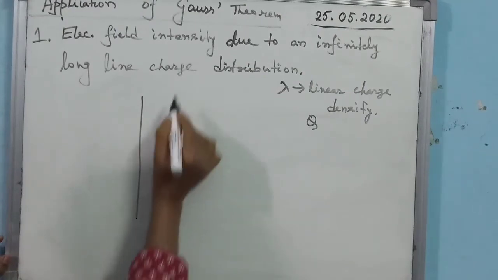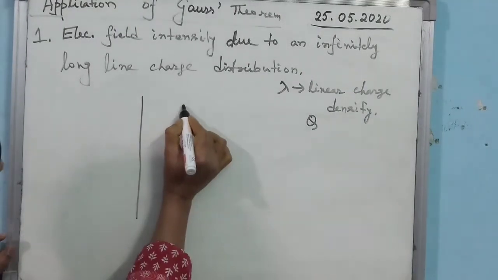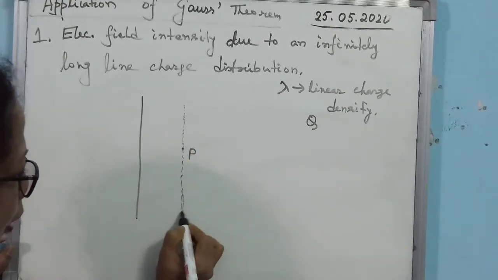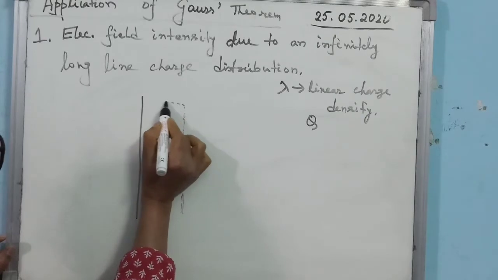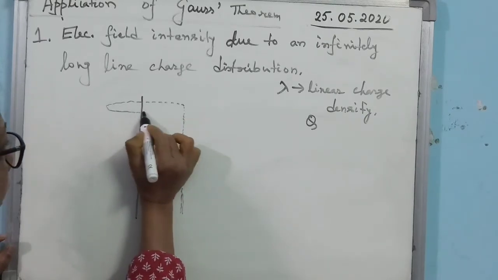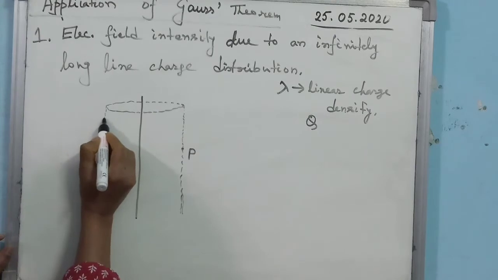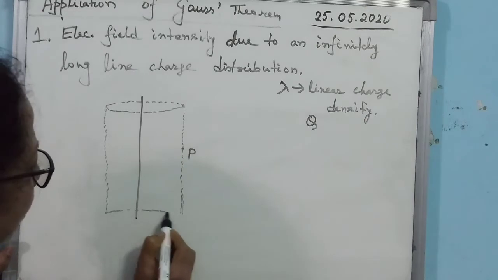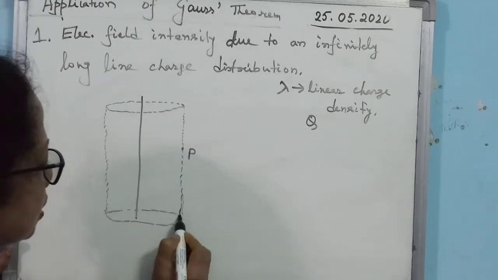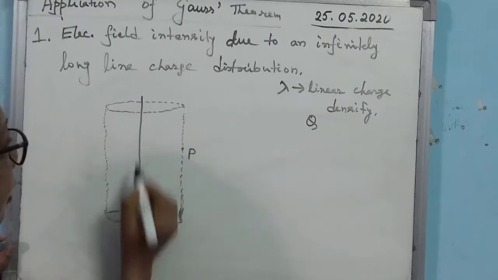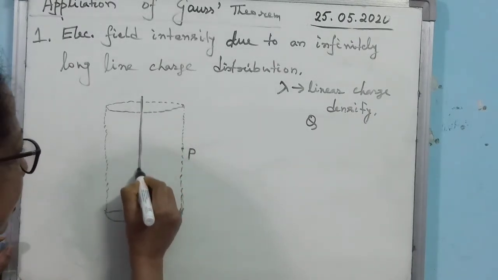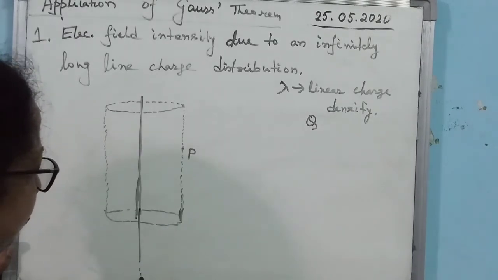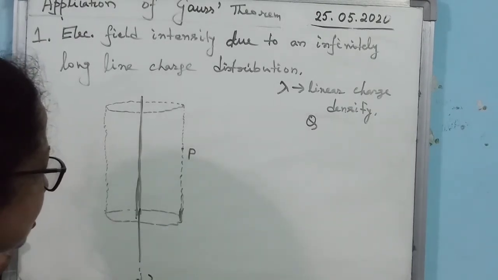Now if you apply Gauss's theorem, then what you have to do? Already I said that first of all you have to choose a proper Gaussian surface. Proper means which will obey all the characteristics I have already discussed. So according to that, in this particular case, what will be the Gaussian surface chosen? It should be a cylinder, and you choose the cylinder in such a manner that the given distribution of charge should be along the axis of the